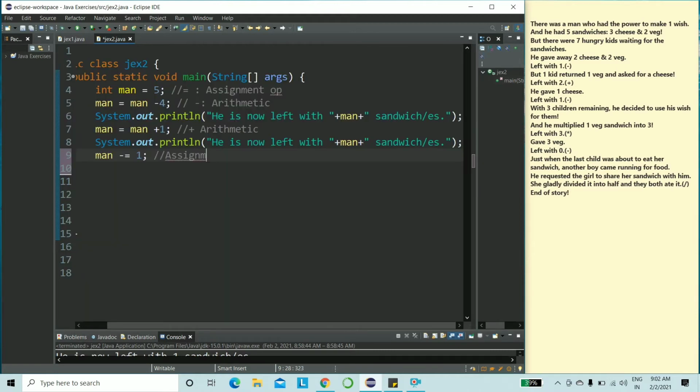So man minus is equal to 1. Similarly, you have other assignment operators, that is plus is equal to. Just remember operator then equal to sign. Then you have minus is equal to, multiplication is equal to, and division is equal to. Alright, you can use this as and when you want it. Lastly, let's go ahead and give this a print. Okay. Alright, now that he gave away 1,